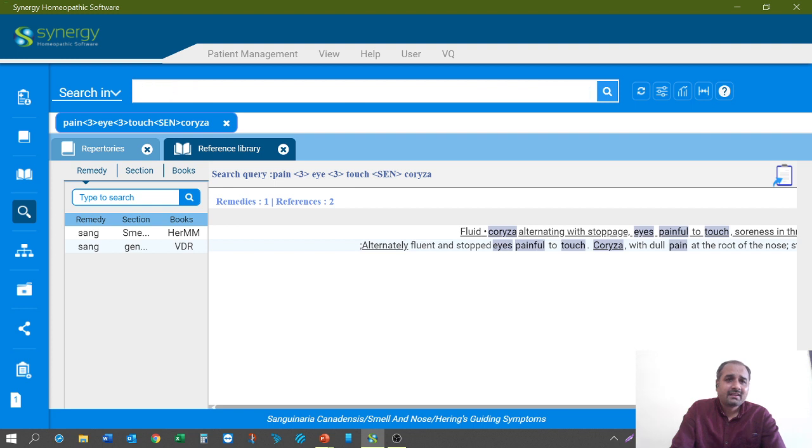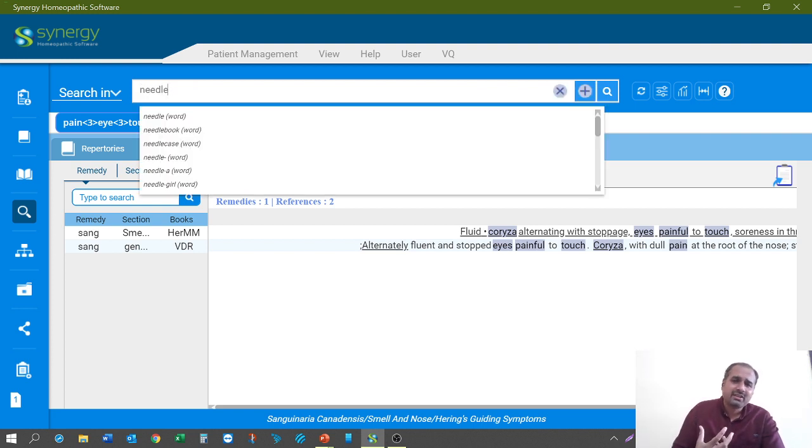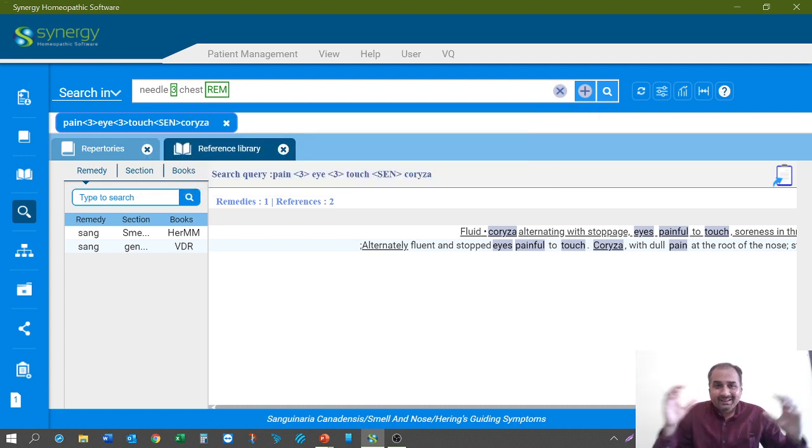Some interesting cases, like pathological cases: a patient having needle-like pain in the chest, which was a concomitant in a fibroid case which I had. And this patient also complained of yellow perspiration. So I go and connect all three different symptoms. Type the letters needle chest. So you take the keywords of the case. So I type needle chest, and in the same remedy fibroid,